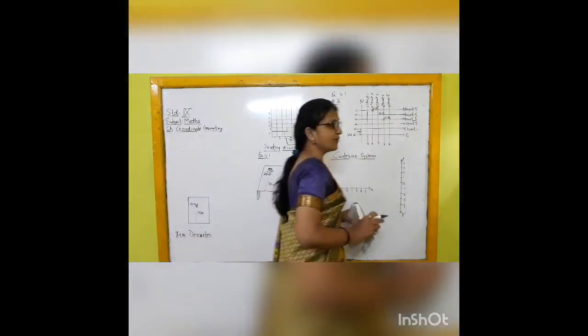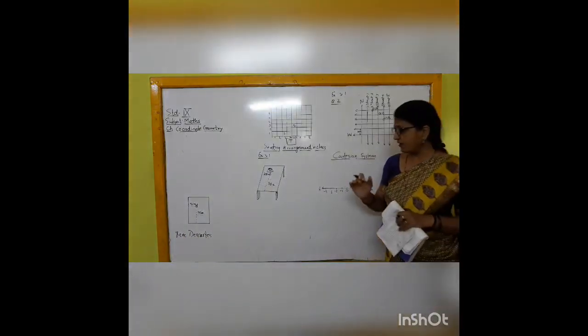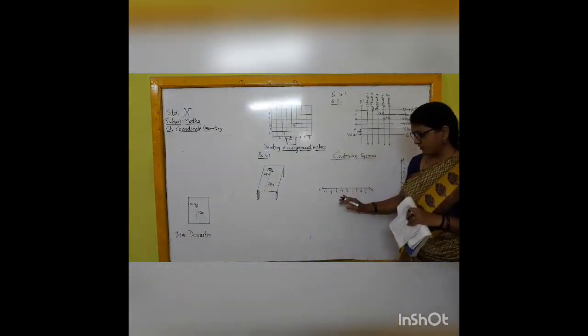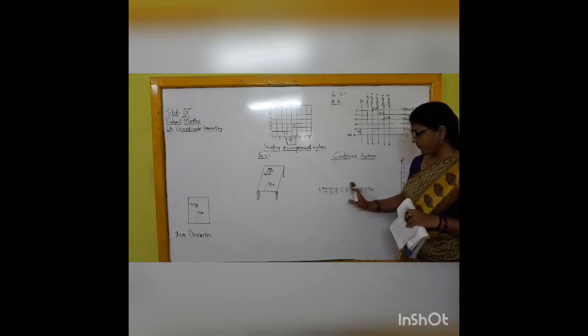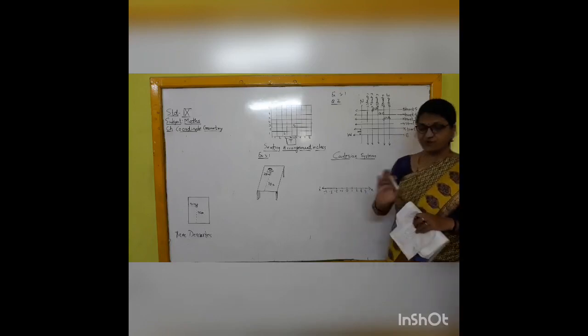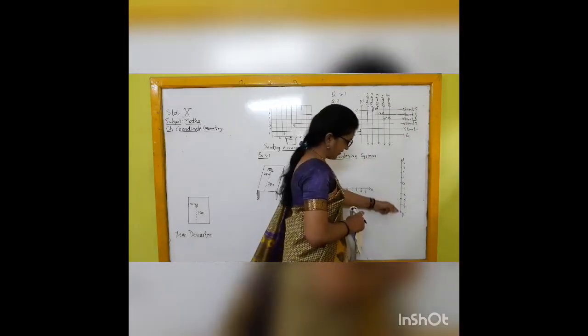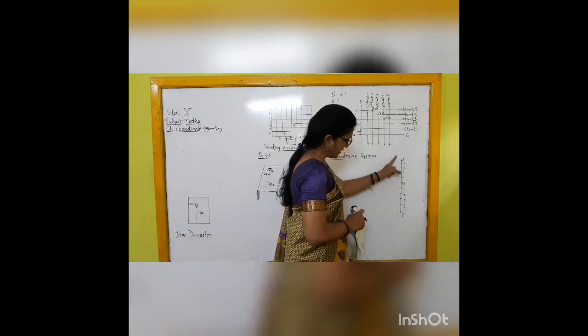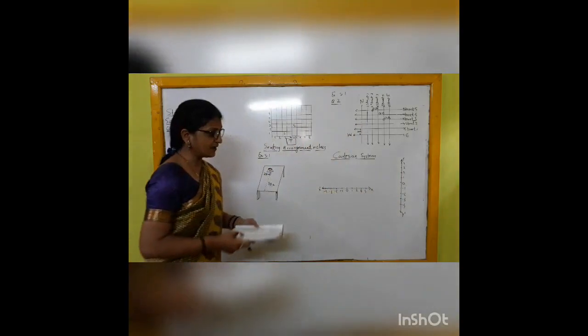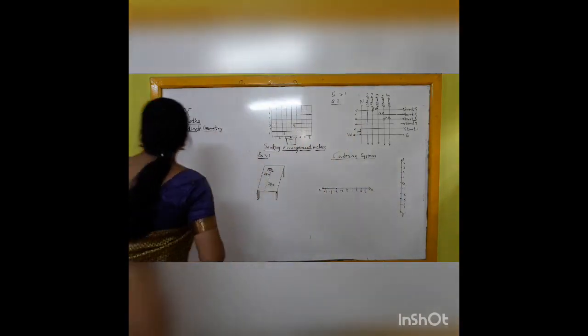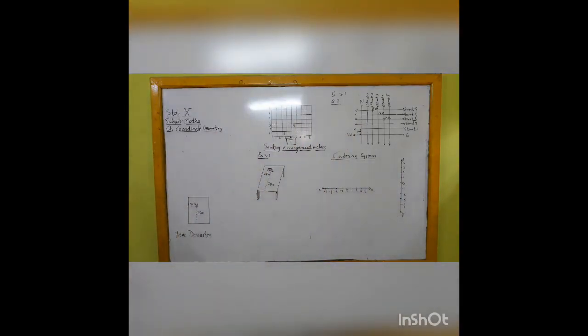You know how to represent points on a number line. You are well known about the concept of the number line. We know that on the number line, the left-hand side has negative numbers and the right-hand side has positive numbers. There is 1 unit distance between any two numbers. This number line is represented by the name x, x dash. If we draw the number line like this, again the same situation, but it is labeled y, y dash. If we join both these number lines in such a way that they intersect each other at 90 degrees, or they are perpendicular to each other,